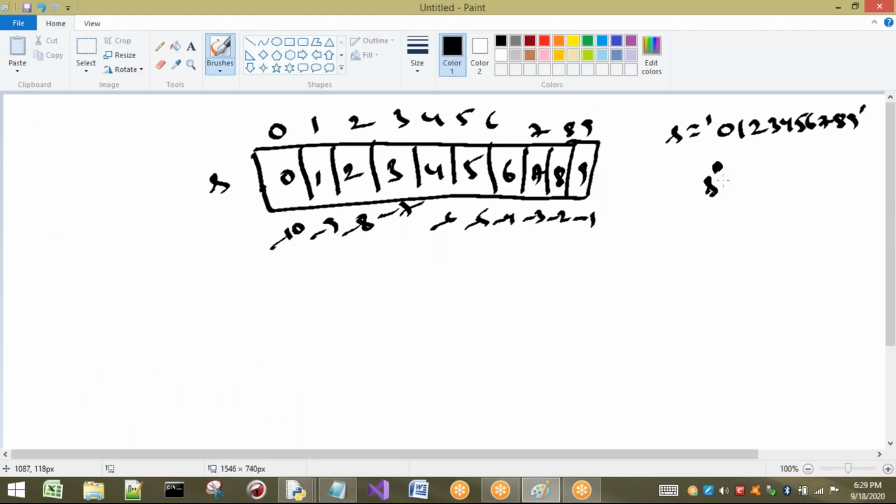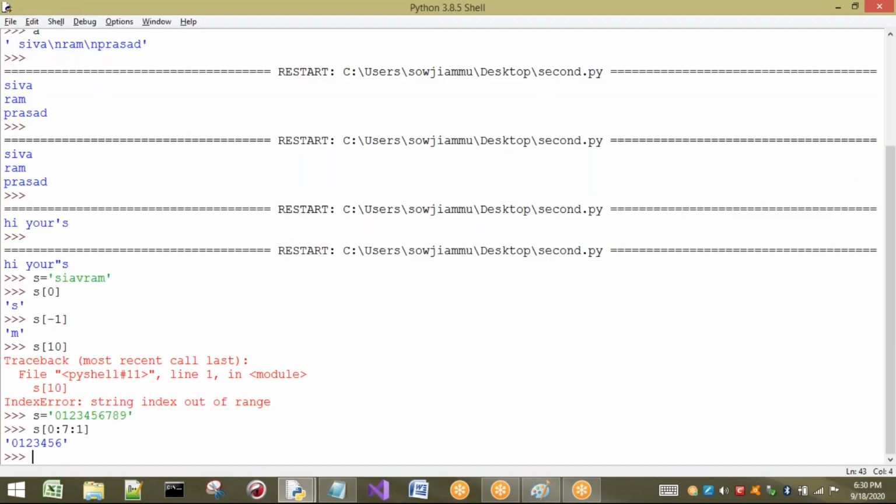That means if we consider 0 to 7, it is going to consider the values only up to 0 to 6. Already you know that, it takes n minus 1. We have to remember this point. So here we got 0 to 6 only. Now I don't want to take a step and I want to print just 0 to 7 only.